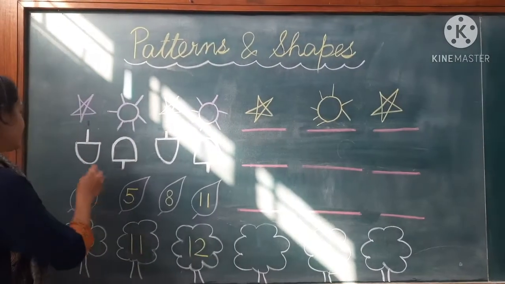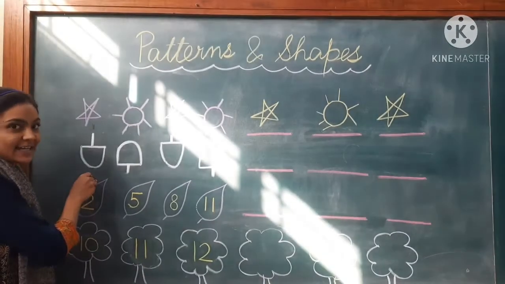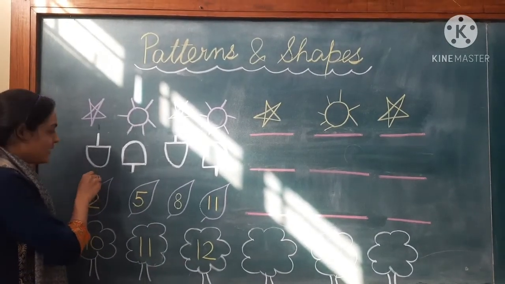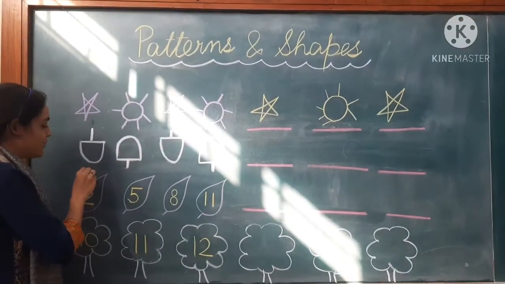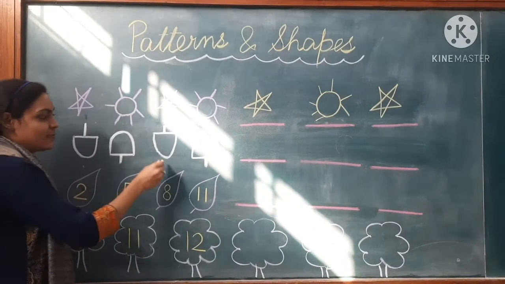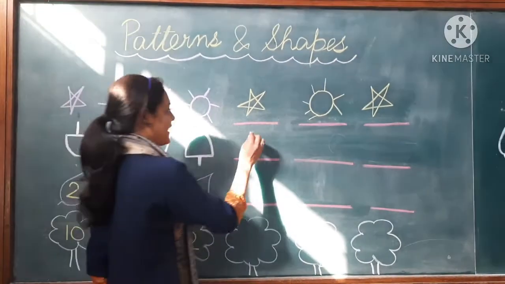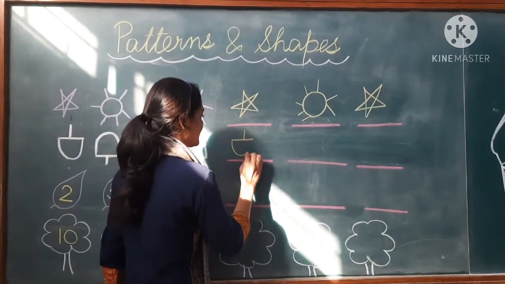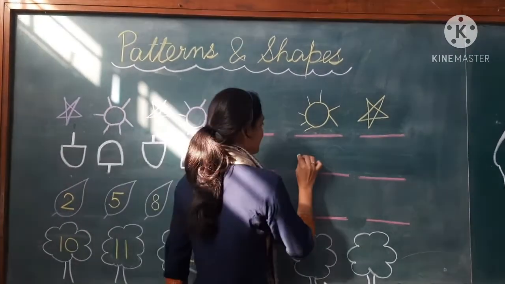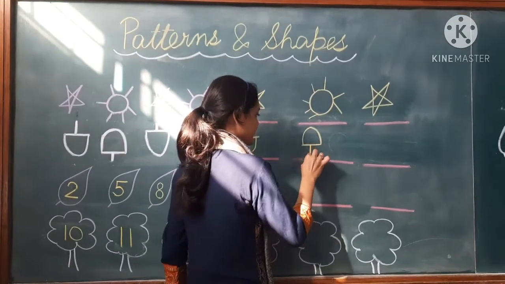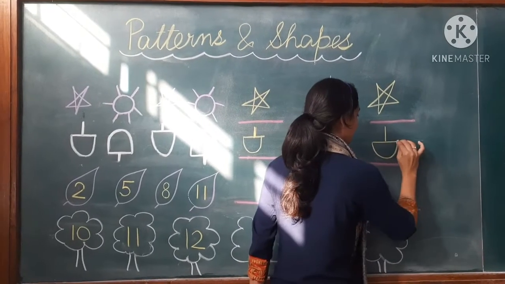Okay. Now the second sequence. What do you see here? This is an ice cream. So an ice cream is inverted. Okay. उल्टी है वो ice cream. So inverted ice cream, normal ice cream, inverted ice cream, normal ice cream. So what will come next? Very good. An inverted ice cream. So let us draw here an inverted ice cream. Then what will come? A normal ice cream. Then next क्या होगा? एक inverted ice cream.